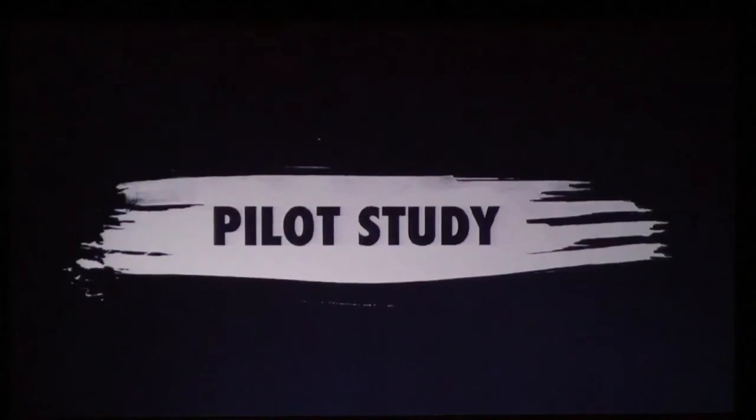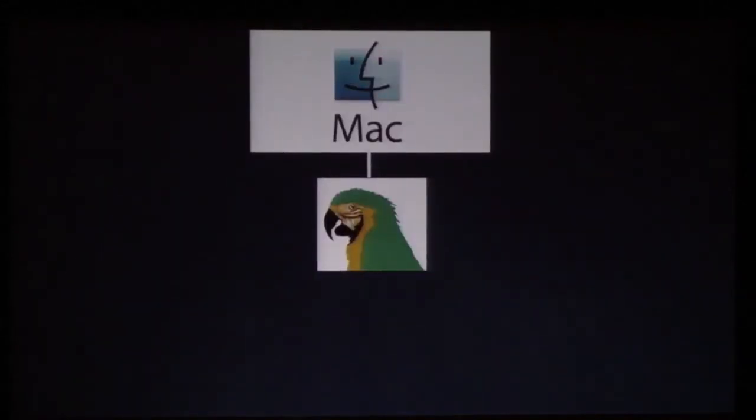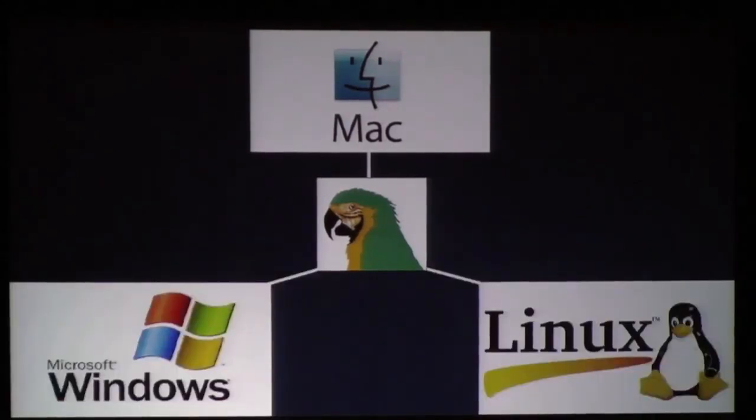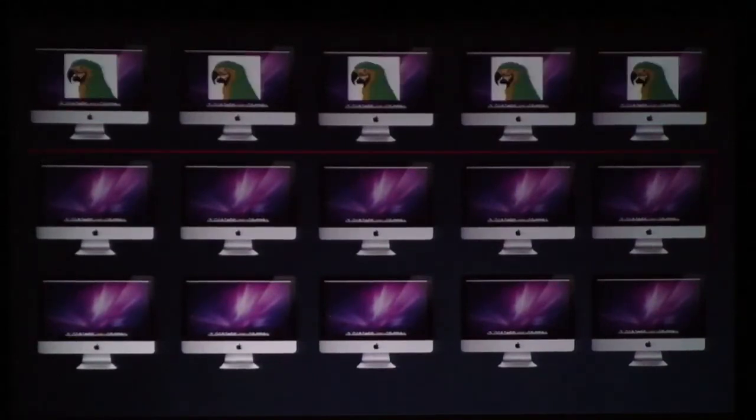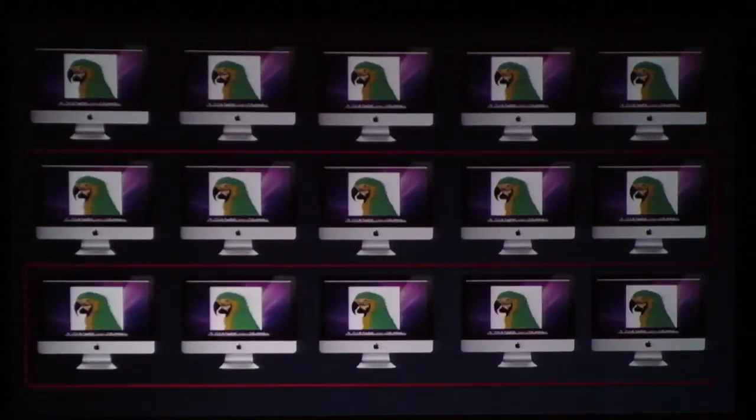While the pilot study is going on, I want to keep improving Macaw. So right now, it's only working on the Mac operating system because that's what I use to teach most often. I want to make it platform agnostic so that no matter what kind of lab or classroom you have, you can use Macaw. Right now, it's also pretty inefficient as far as time because I go around and I start and stop Macaw locally on each computer. In the next iteration, it's going to talk over the network. So I'll just start it from one computer and it will start up on all the other ones.